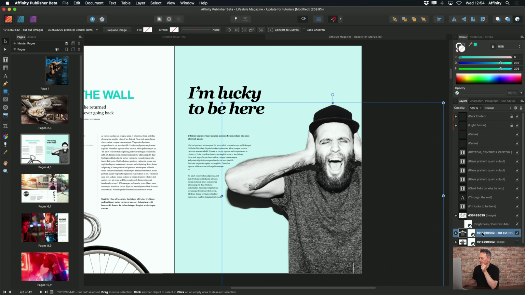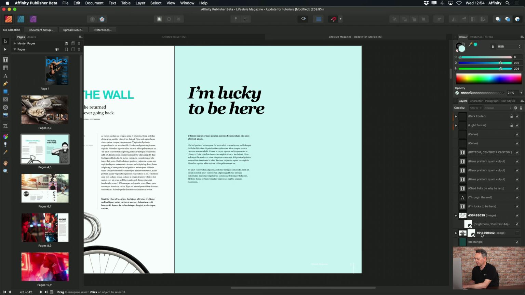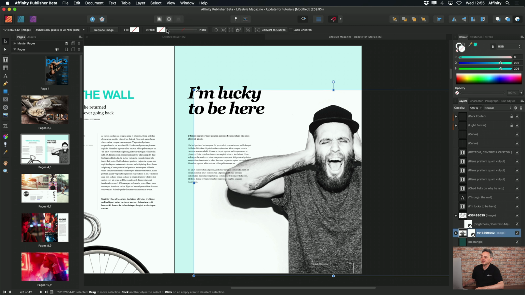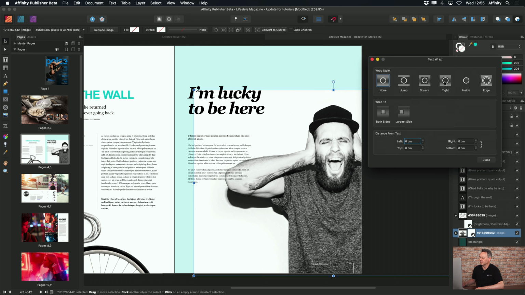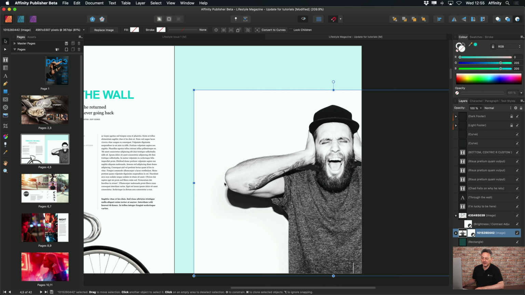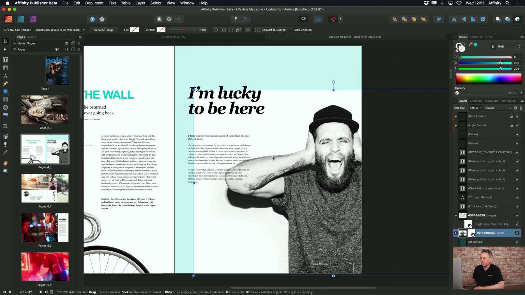And if I just take that one away, I'll just delete that for the minute. And then I'll switch on this JPEG. So there's no transparency on this particular image. So if I select it, I have this situation where if I try to make this tight, it will lose all the text because there's no space for the text to go. So if I choose to say undo, and we're back to the same kind of position,